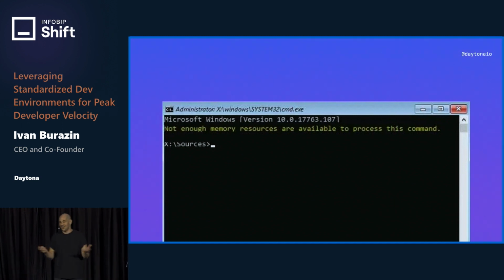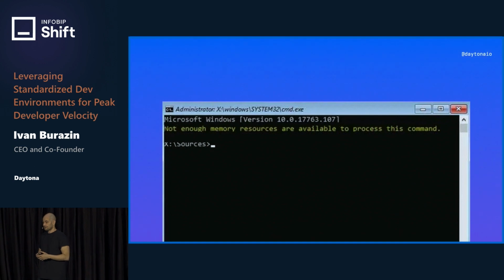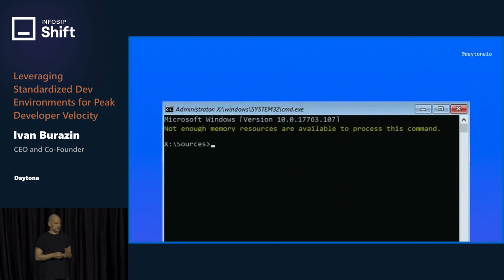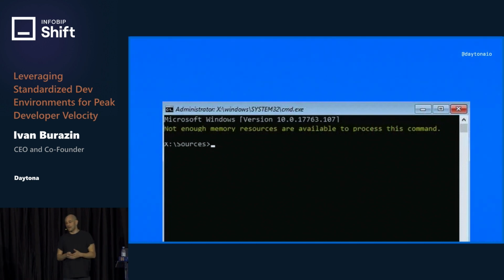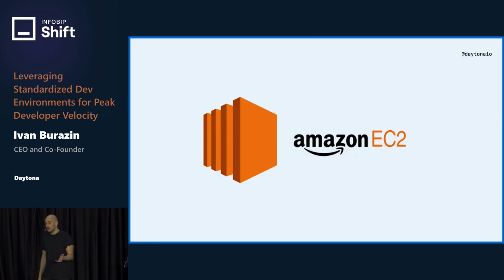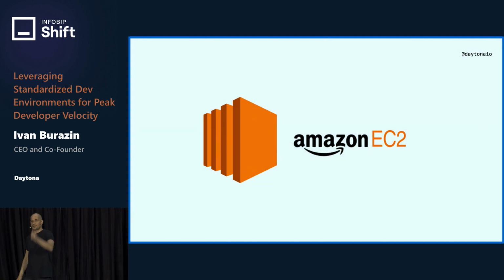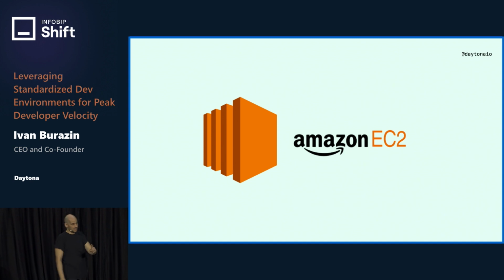Like the laptop did not have enough space on it. And so this is something that happens across companies, across industries. And the solution for now, what we found, is basically use an EC2 instance, spin up your development environment there, and off you go, right? And so this works if you're one engineer.